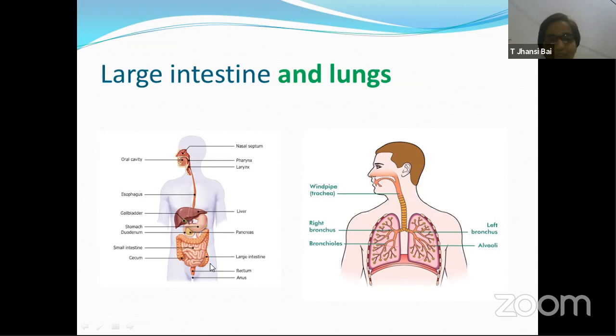The main work of the large intestine or the digestive system is not that, but it is also doing that extra work. Similarly, lungs. We have lungs especially to take in oxygen, that is to take in air. Again, in that we want oxygen. But at the same time, because of metabolic activities and internal cellular respiration which goes on, CO2, carbon dioxide gas, is produced. Along with carbon dioxide gas, any other volatile substance that is present in our body is made to send out through the same lungs. So the main function of lungs is not to remove carbon dioxide, it is to take in oxygen, but at the same time it is removing CO2 out when we exhale. So these are also doing the same excretory function, extra works.